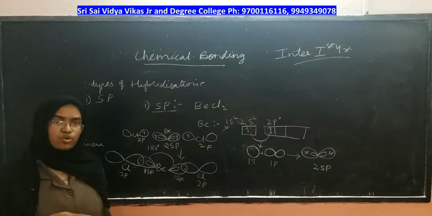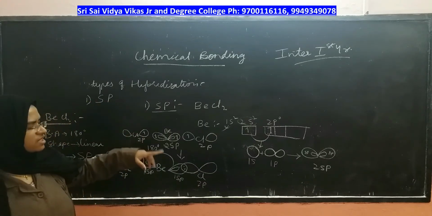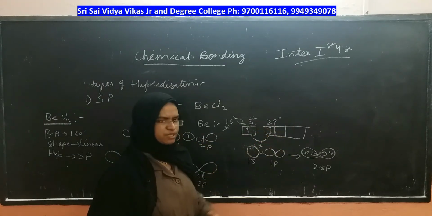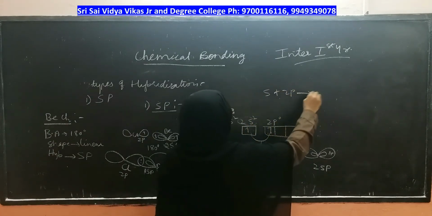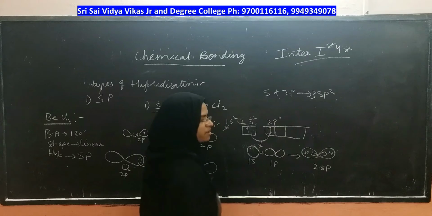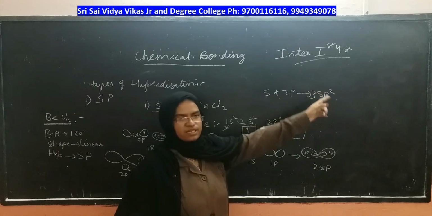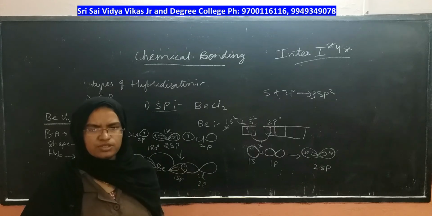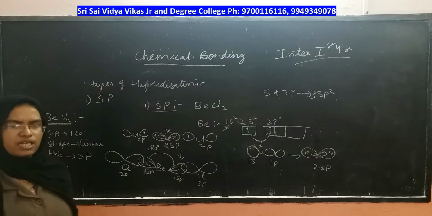Beryllium cannot undergo any other type of hybridization because it doesn't need to. If beryllium were to undergo sp2 hybridization, that means sp2 mixing gives you in total how many? 1 plus 2, 3. 3 hybrid orbitals you get. Does beryllium have 3 electrons to distribute 1 electron to each? No, it has only 2. So the hybrid orbitals it should get should only be 2. So for beryllium dichloride, hybridization should be sp only, not other than that.